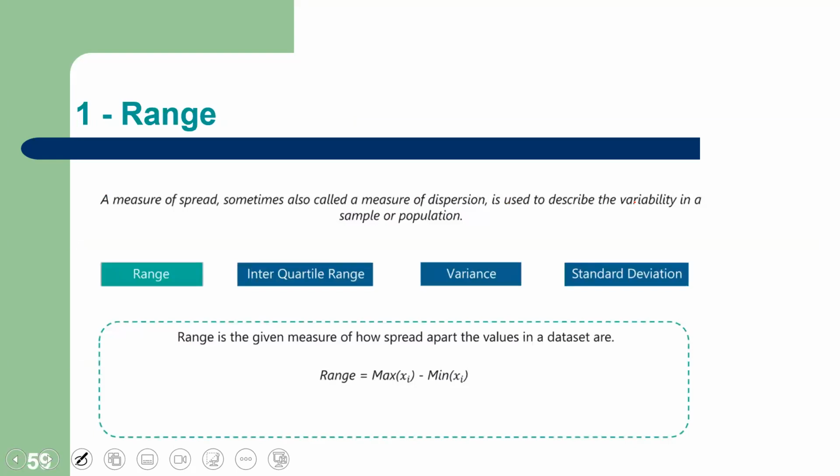How are you going to calculate the range? That is again very simple. When you have any kind of numerical data, we need to find the minimum and the maximum and take the